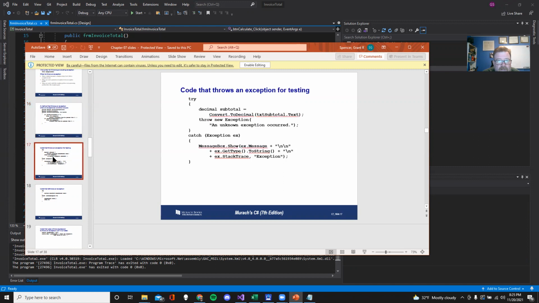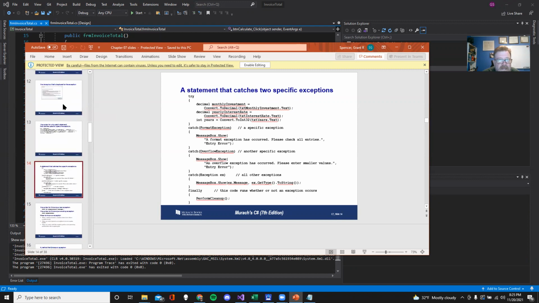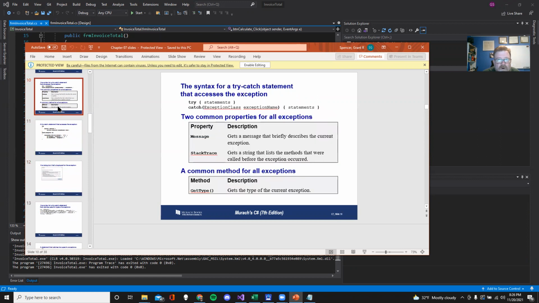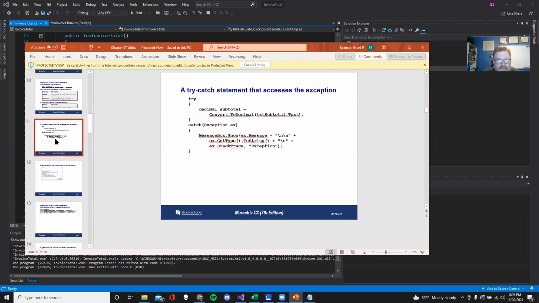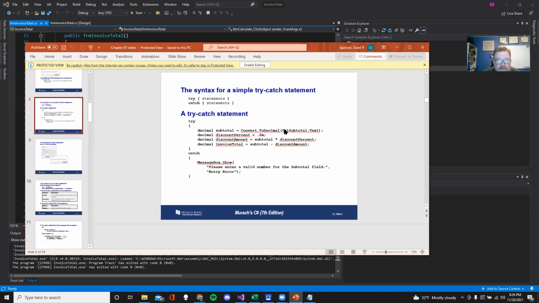I'm just making sure, this says throw new exception. I don't want a new exception. The ToDecimal conversion is a fairly normal one. There's our subtotal, decimal, catch. Why don't we basically play with that? So this looks like the thing that they want us to do. Basically, we're going to try to get the subtotal, and then it says enter a valid